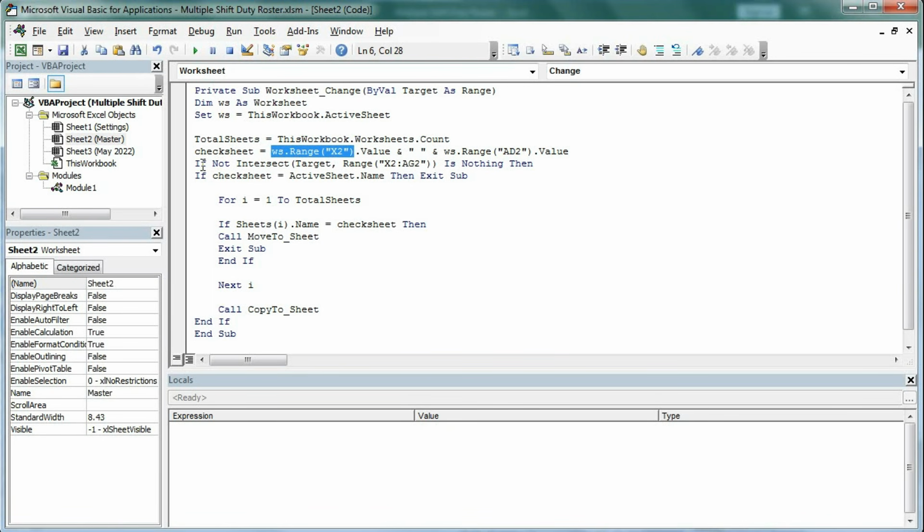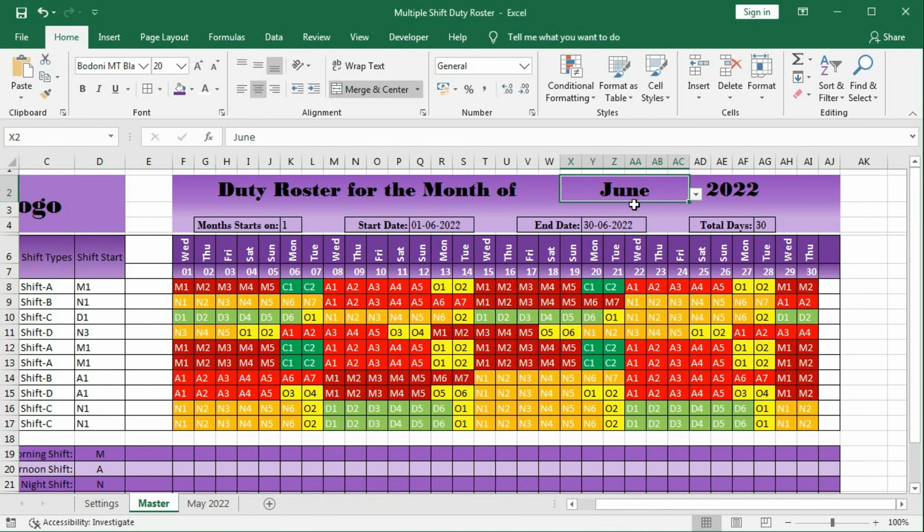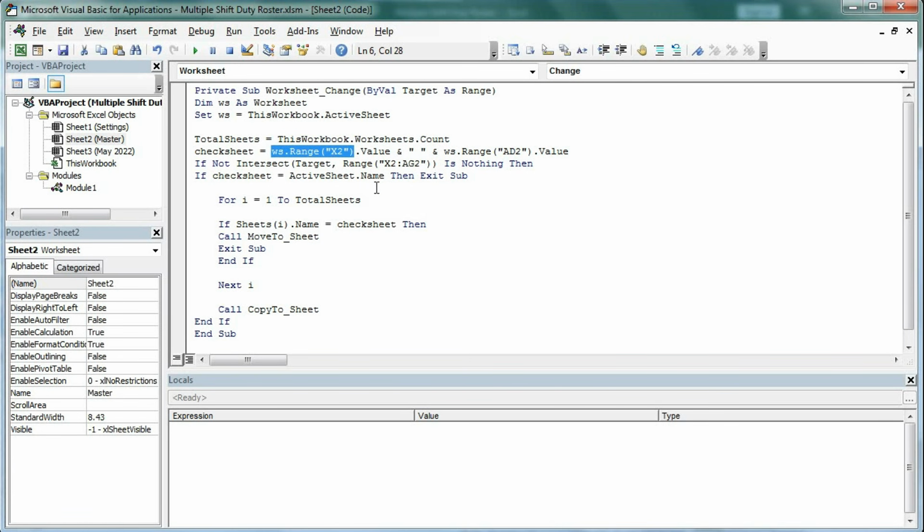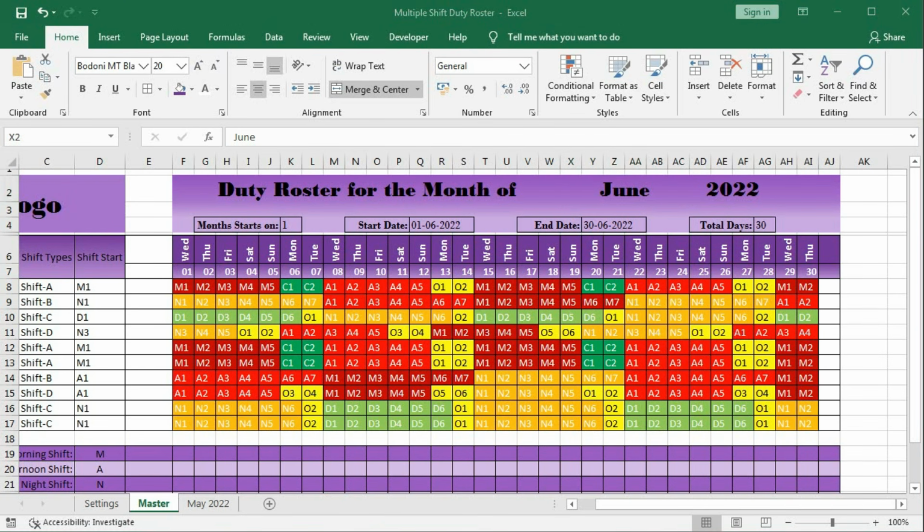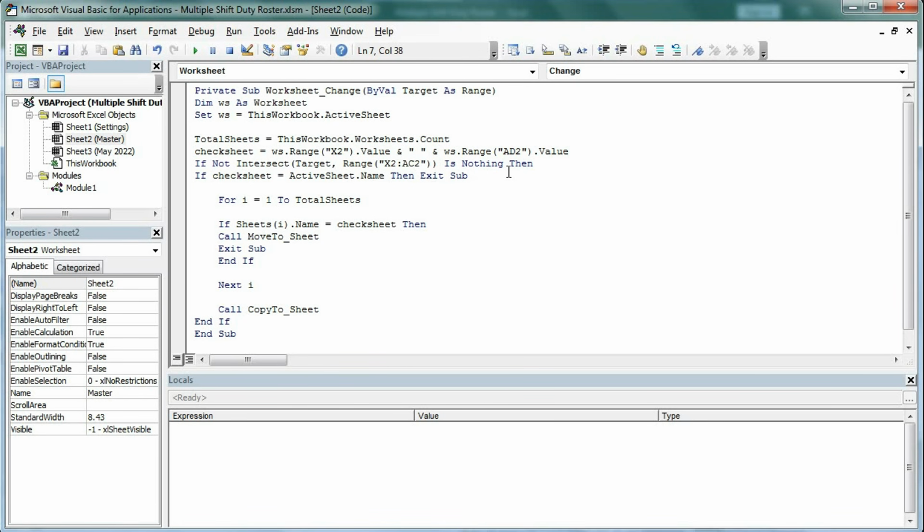Now if not intersect, that means we are checking whether the target cell is within the selected range or not. So if not intersect target range equal to X2 to AG2, we have taken from X2 to AG2, but we want only X2 to AC2. So here X2 to AC2, we don't want this one. Okay, is nothing, then that means if the target cell is within this range, then again another logic,